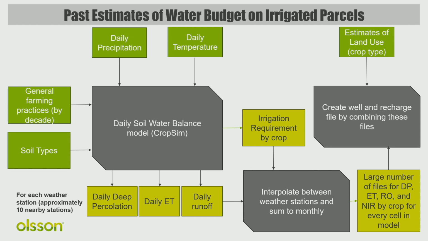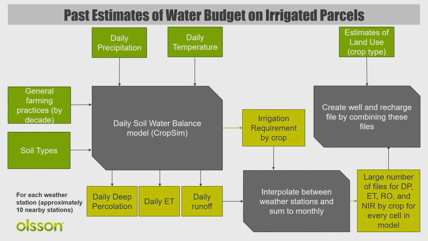So what we have to do in order to figure out if we're meeting that goal of not exceeding the impact of the 97 level of development is we have to develop and update groundwater models regularly. So we just finished the update to the groundwater model for this area up through 2020. We're doing another update that's just finishing up this year through 2020, and then we'll be going forward from there.